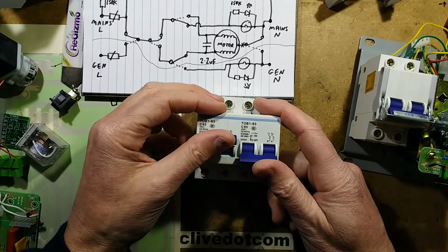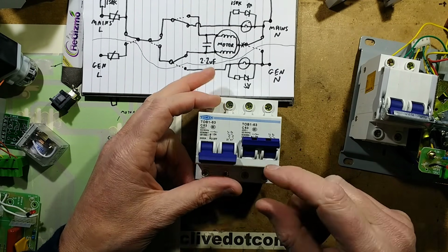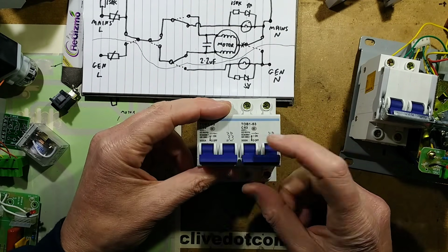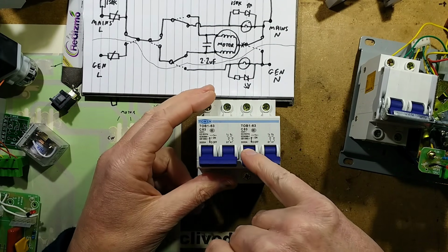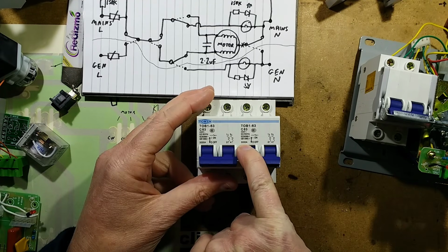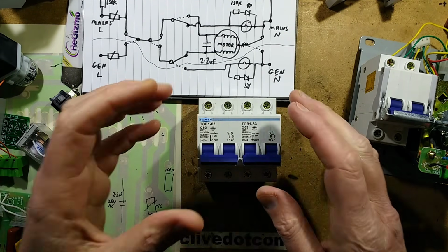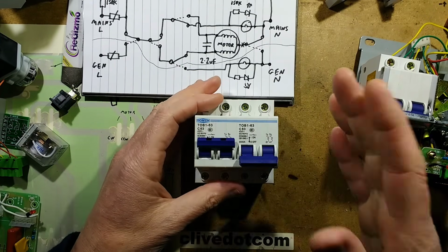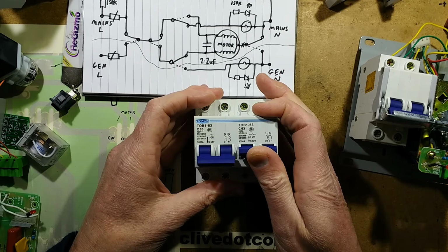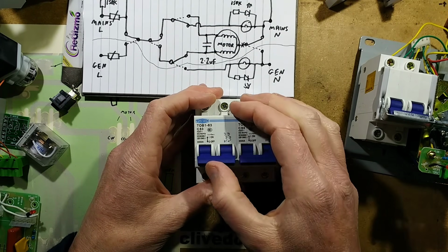Now look at this. This is the manual device that I showed at the beginning where when you turn one on, it kicks the other one off. And this one then won't latch until the other one has been turned off again. Aside from the fact I noticed this is a 3000 amp breaking capacity, which is worse than the other one. But this one, if you're ever using something like this, instead of relying on the other side being kicked off when you turn this one on, I'd always recommend turning both off